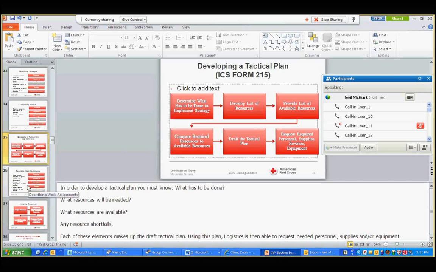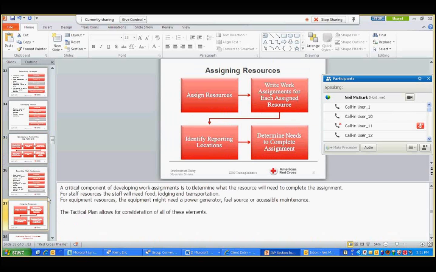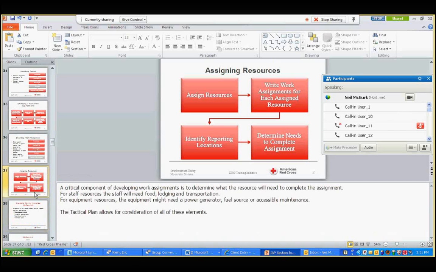The other thing that's important is the ICS Form 215 is not a Red Cross developed form. We're taking a tried and true methodology from government responses and other emergency response, and we're tailoring it to the Red Cross. So this process does work, and it's worked on numerous operations across the country. So trust in the process, and all we have to do is tailor it to Red Cross and educate our people on it. And then more information on assigning resources, and we'll talk about that just in a moment.